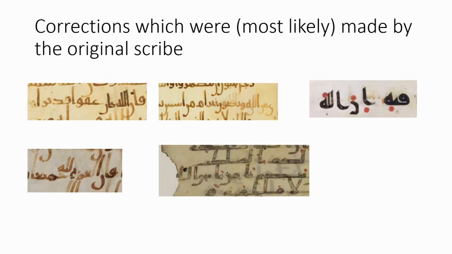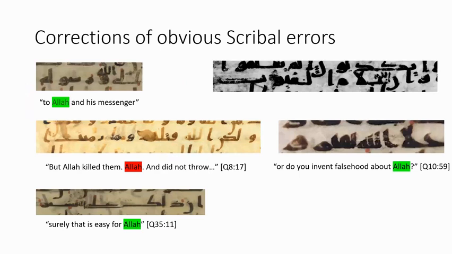And then there is a real problem here: in all of these verses, the word Allah is required for the verse to make sense. So I think that is best illustrated here. These are not made by the original scribe. These corrections are made by a later scribe, as is kind of obvious over here. Ila wa rasulihi. So the word Allah has been omitted. Now look at this translation if you can't translate this. Yeah, so, to Allah and his messenger. If you remove the Allah, what are you left with?